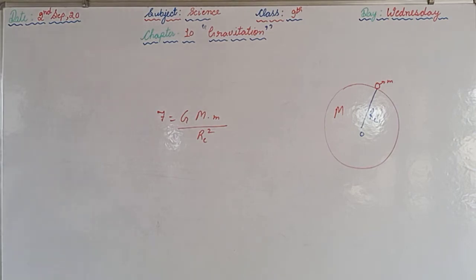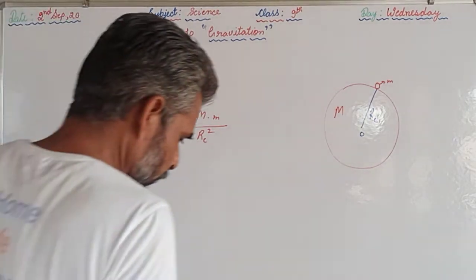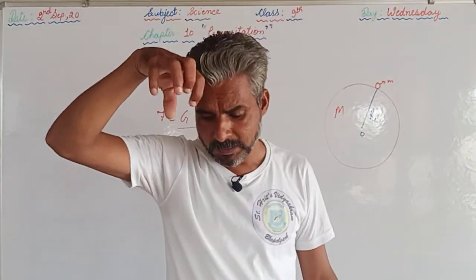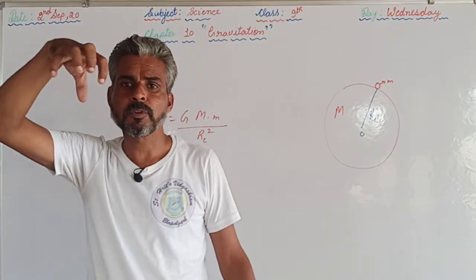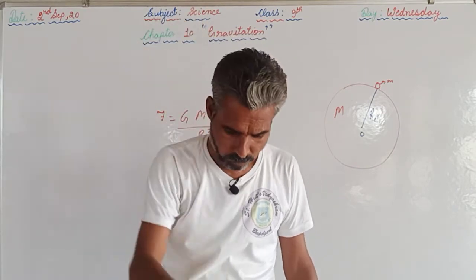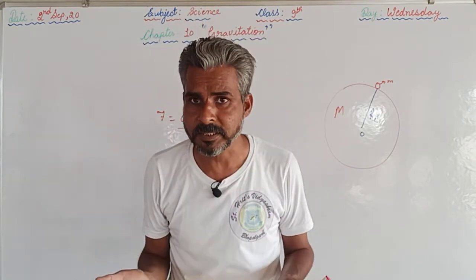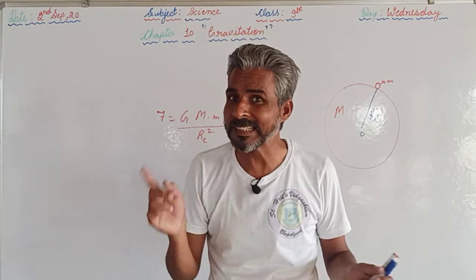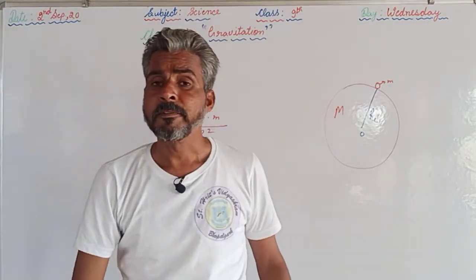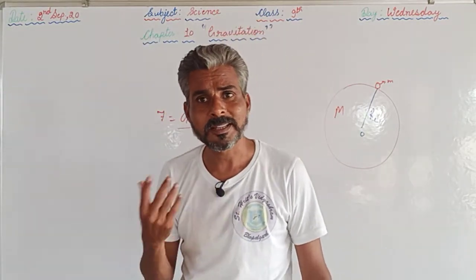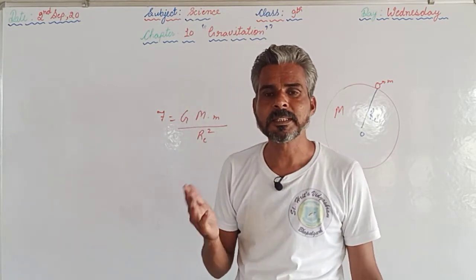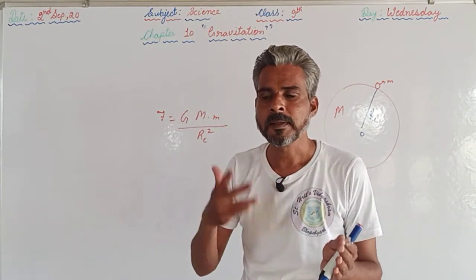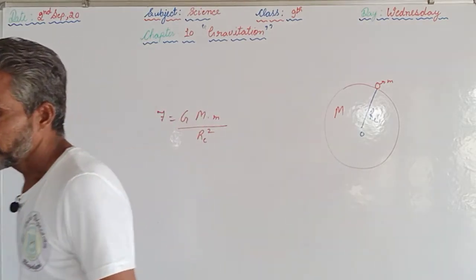Afterwards, I told you we have discussed free fall, when the object is under free fall. If the object is under free fall, it means it is starting from rest. If we drop the ball and it goes towards the earth, there is acceleration. The acceleration produced in any object when the object is under free fall is called acceleration due to gravity, meaning acceleration due to the gravitational force of the earth. What is the value of that?